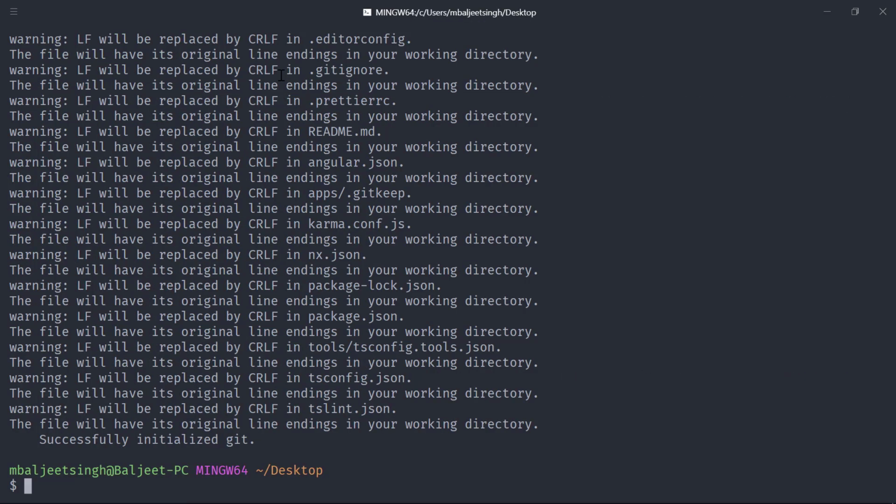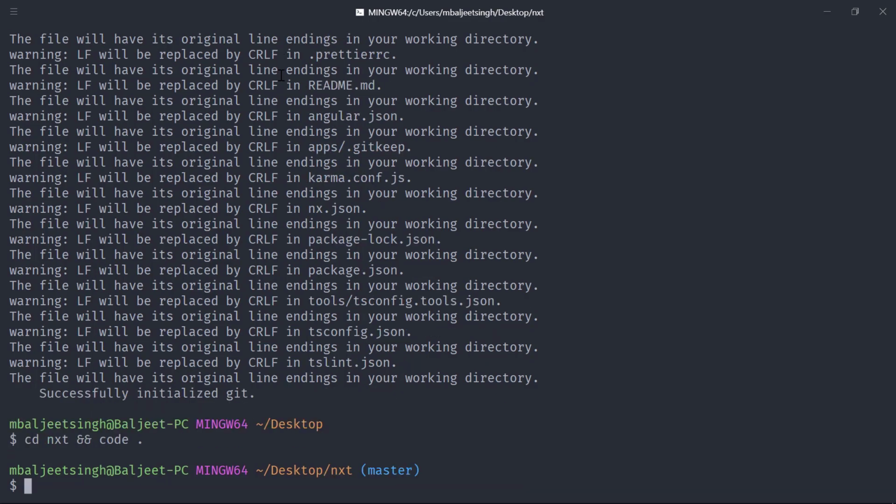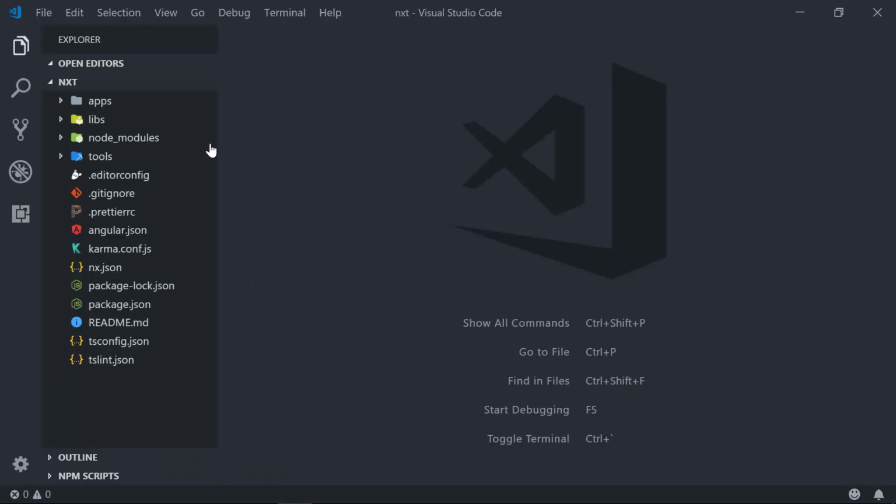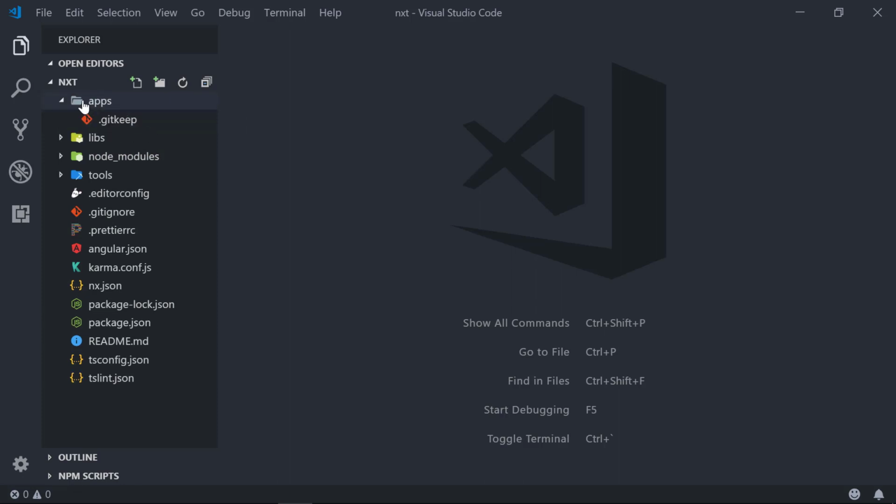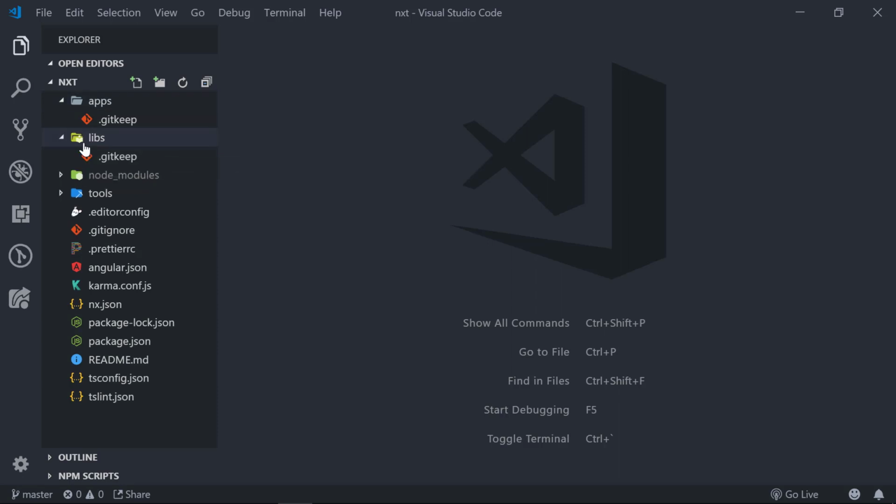Now, after the workspace is created, we can change the directory to our newly created workspace, and then we can open the project or the folder inside our editor, which is VS Code in my case. So here on the left hand side, we can see the file structure of our NX workspace. First we have apps, where we will put our applications, and then we have the libs directory, where we will put our libraries, and then we have this node_modules folder where all our dependencies related to the